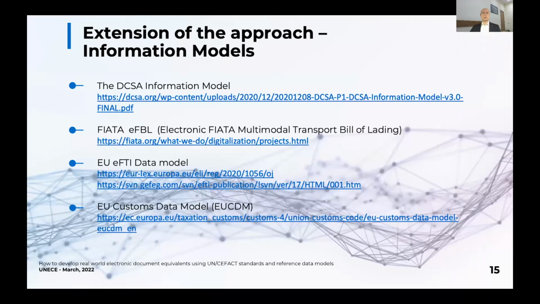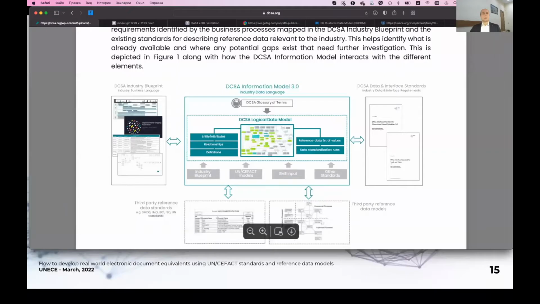Extension of the approach. The first concept to be considered is the information models. The Digital Container Shipping Association information model is intended to be a translator between the information requirements identified by the business processes and the existing standards for describing reference data relevant to the industry. The DCSA information model